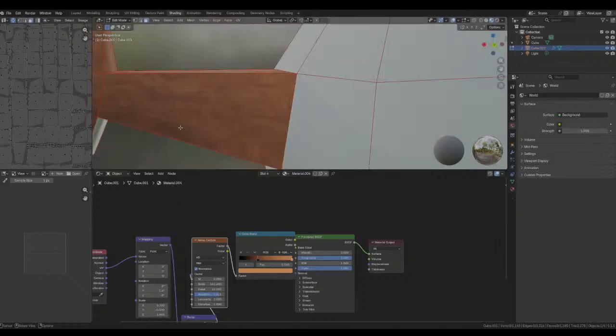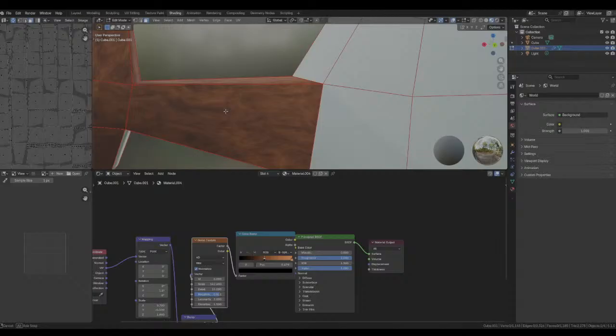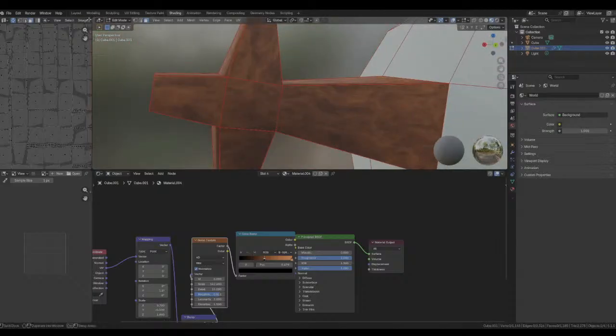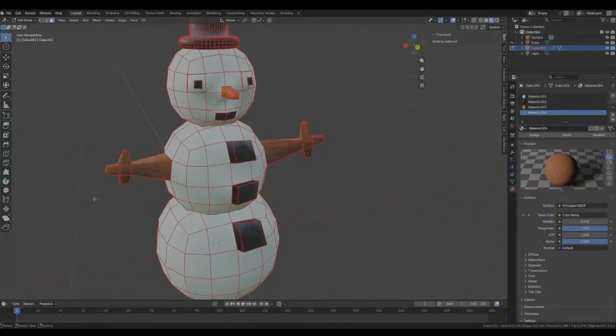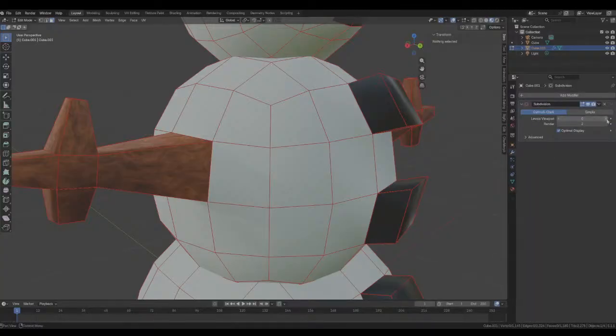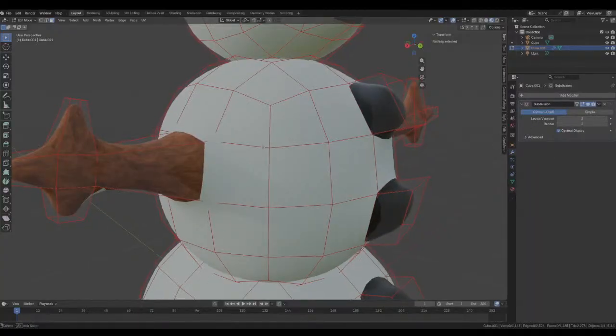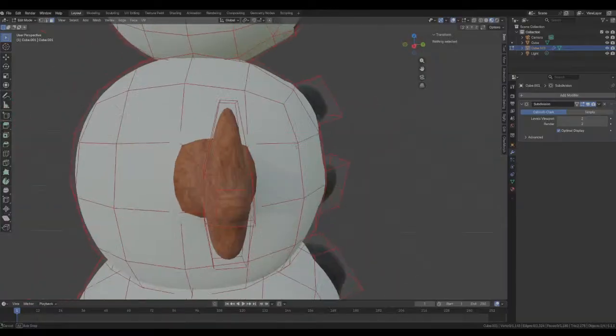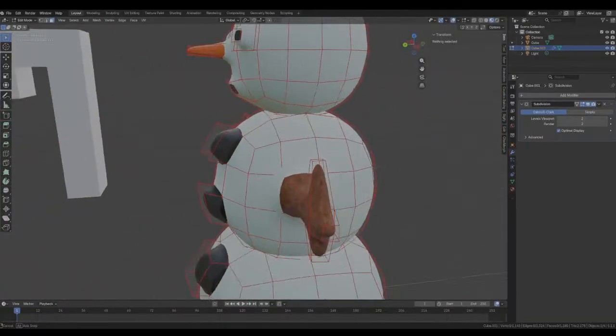That looks nice. I like that. How does that look? But with the modifier. It could be darker.